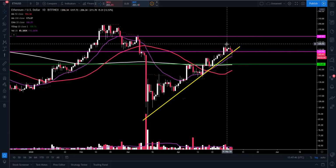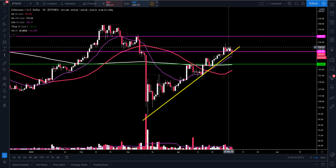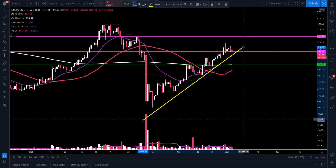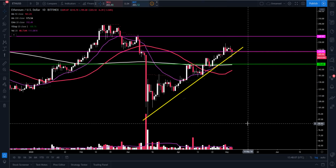But same deal up here. A lot of fight, a lot of indecision candles right up in this area. Now, the selling wasn't near as much. We didn't have as heavy volume as we did in some of the other coins here for Ethereum, so we're going to have to wait and see. But this is still an area that we're looking at here. If we even move this trend line a little bit on the 1-day, we have 3 touches there. If we start breaking down through this, I'm going to look at $174, and it'd also be around that 200 moving average at